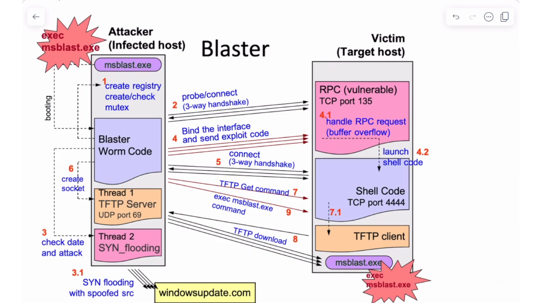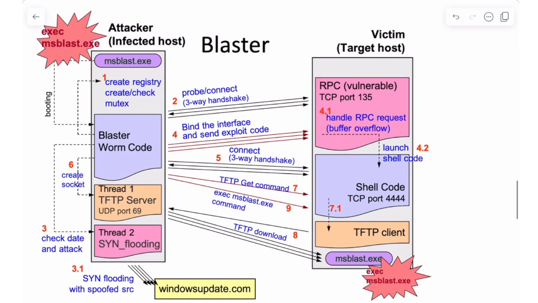And I would like to show you this view graph. It is an interesting thing that shows how an internet worm propagates itself from one victim to another. Okay, so follow those steps. We have three different parties in this view graph. The left-hand side is the attacker, the right-hand side is the victim, and there is another one called website, which is WindowsUpdate.com.